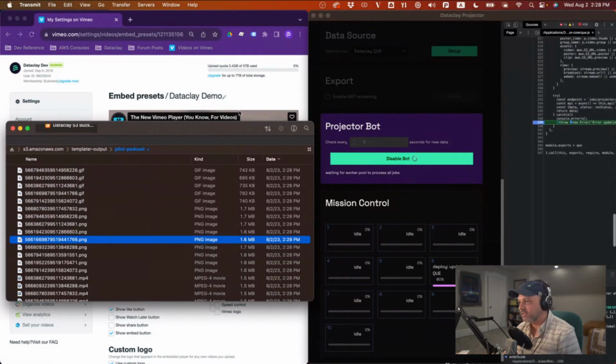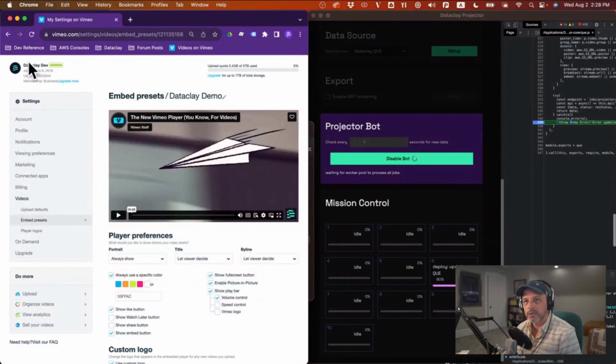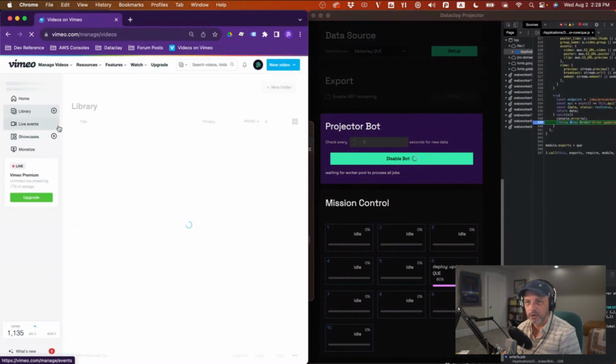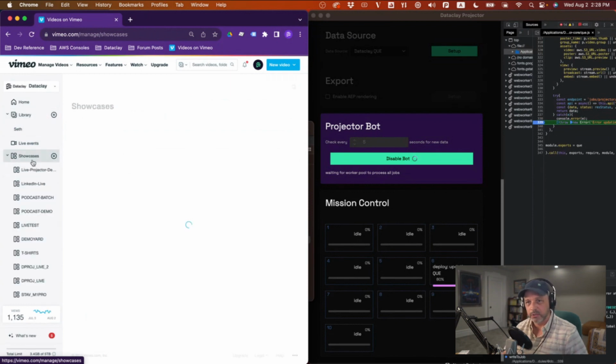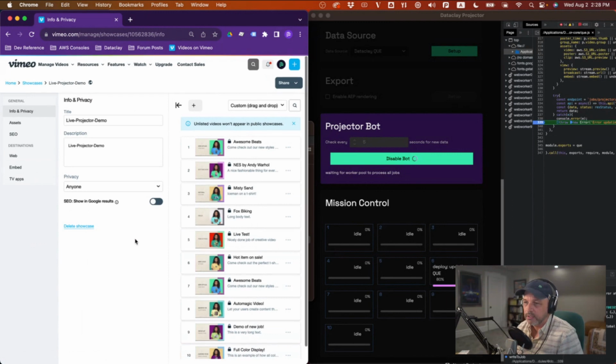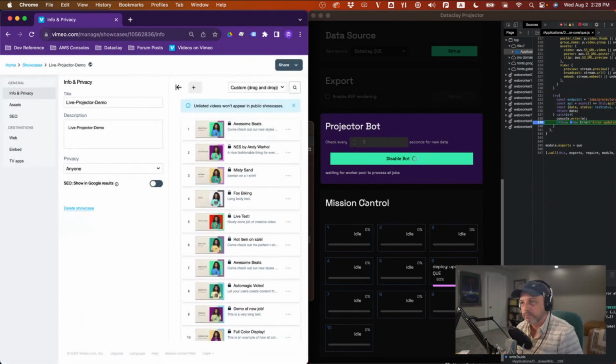So if I go back to my Vimeo area with my library and open up that showcase, which allows me to organize, I have this showcase right here. We should see all of them right here. If I go one by one, I can see what they actually look like.